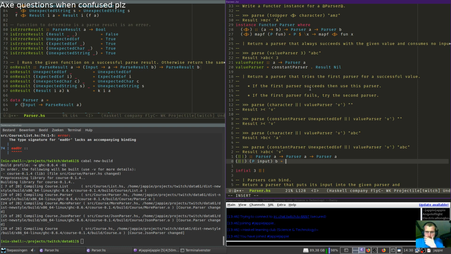If the first parser succeeds, then use this parser. If the first parser fails, try the second parser. Right, we're just creating a new parser then. I see what's going on.